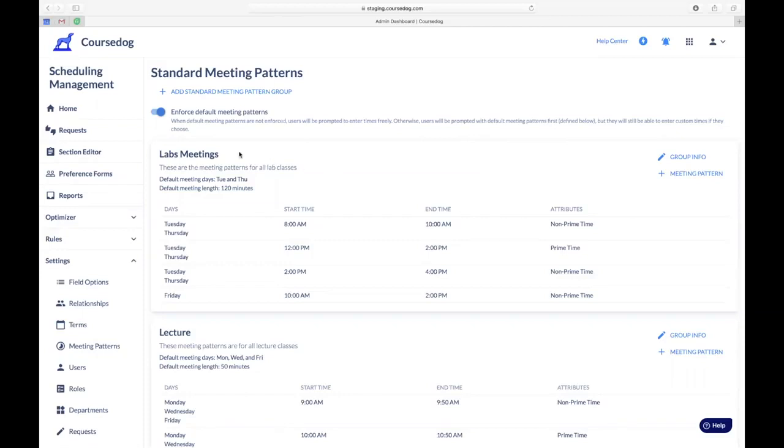So this is a group of meeting patterns for labs, which means that any section that is designated as a lab is allowed to select one of these meeting patterns. You'll see that a meeting pattern consists of days, start time, end time, as well as attributes. And attributes determine whether a meeting pattern is prime time or non-prime time, which you can enforce in your rules